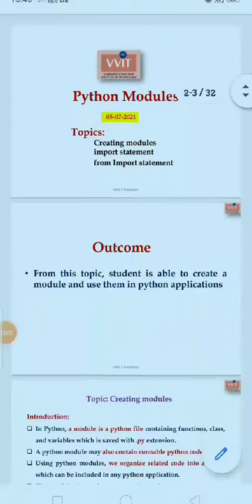Today I am going to talk about modules in Python, and from this we are going to learn how to create a module and how to access modules. We have different methods to access the modules. Let us see with the following example. Okay, coming to the topic,